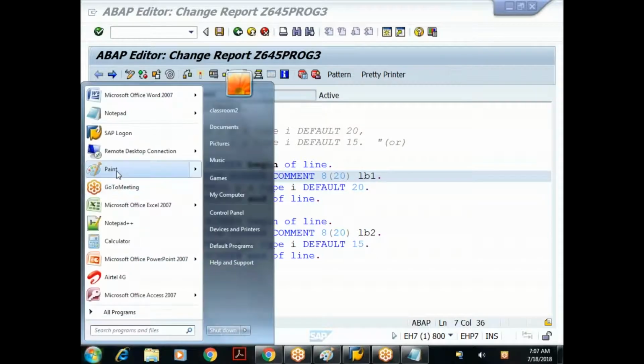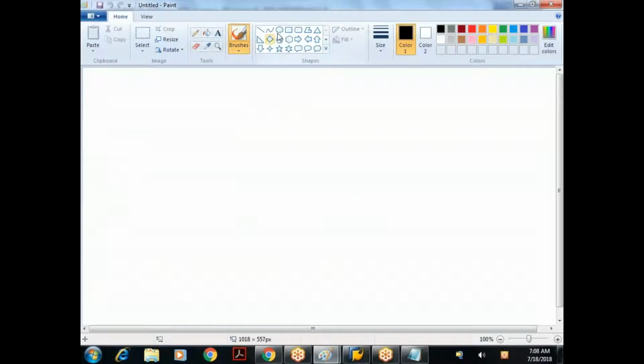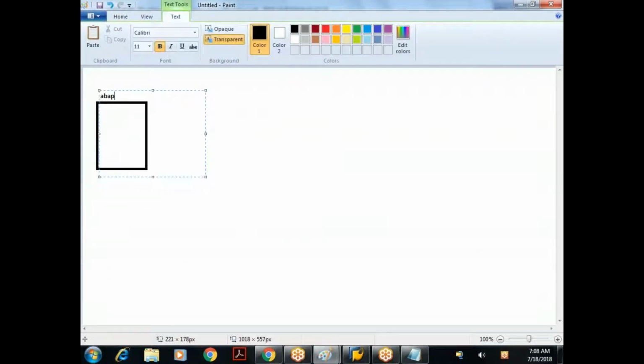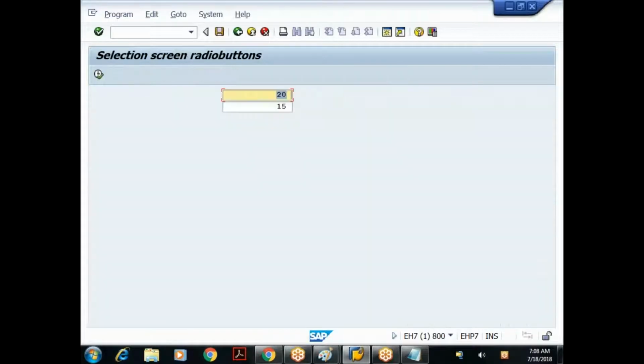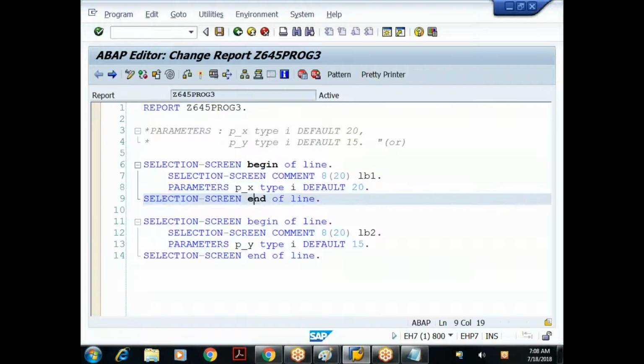Let's try to understand. I wrote an ABAP program, and when I execute this program, I get a screen. This screen we call the selection screen.